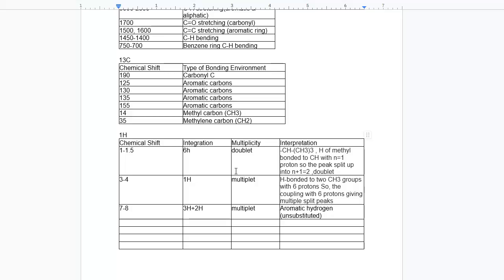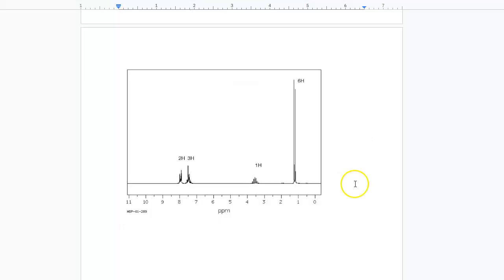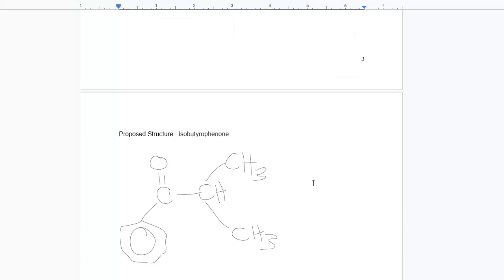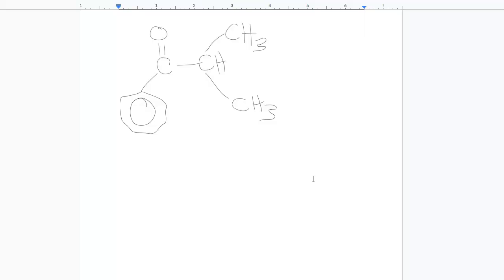And then, going over this whole worksheet here and putting the pieces together, I'm proposing that the molecule is isobutyrophenone. Sorry if I butchered that. It's a phenyl group bonded to a carbonyl group, which is then attached to an isobutyl group. And the given structure that I outlined here accounts for the data above, the carbonyl and aromatic signals in IR and NMR,